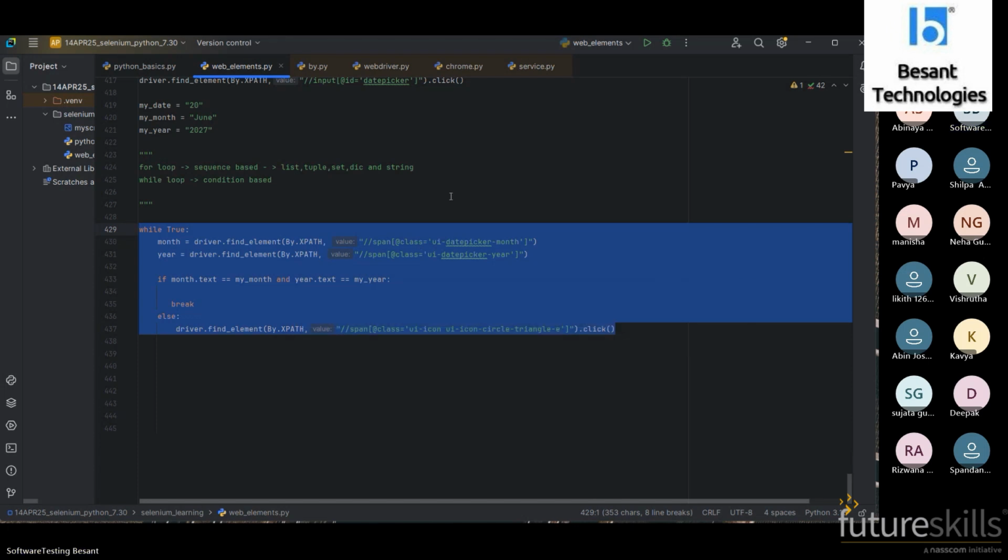So always, for example, if you have some functionality that you are trying to automate, to achieve that functionality you require this many lines, and it should have only this many lines. An additional unnecessary line should not be there. Even though it is not impacting your program and not creating any failure, you have to remove it. That is a good practice in programming.